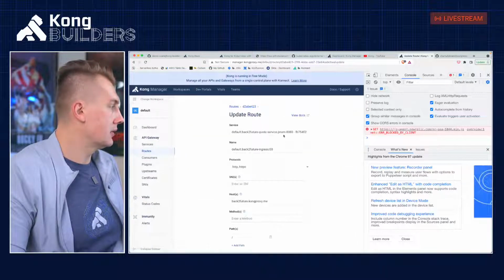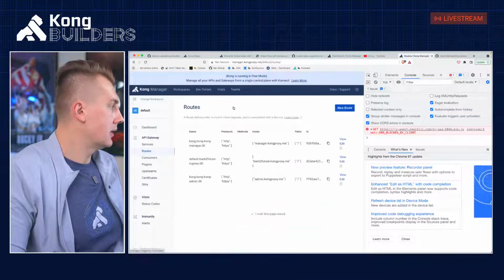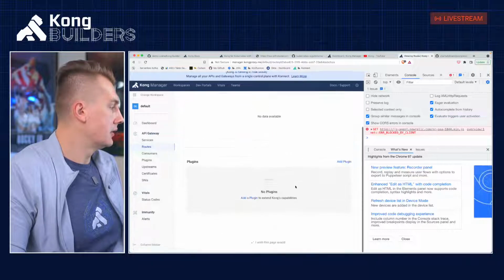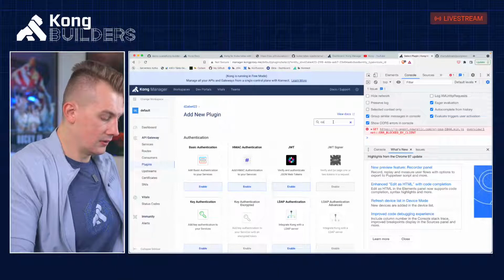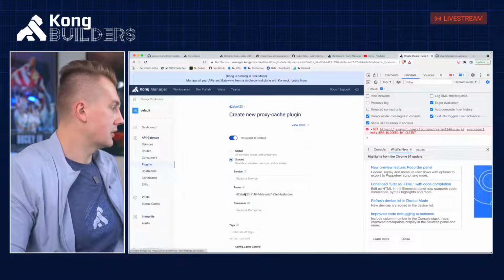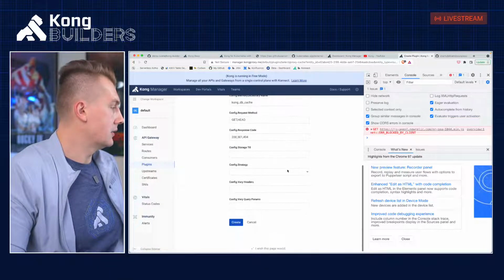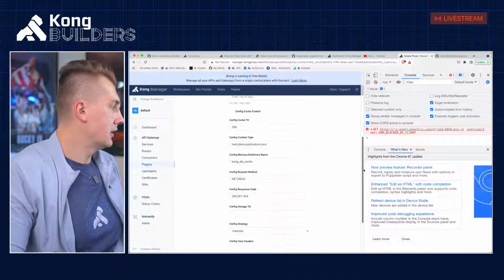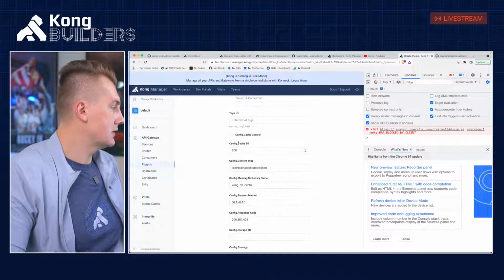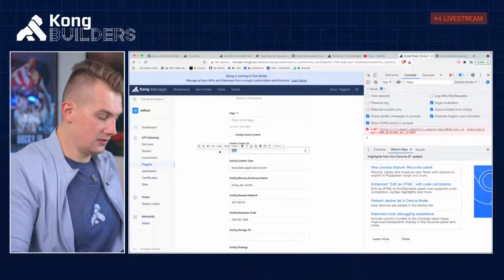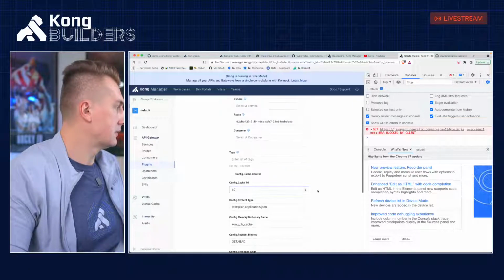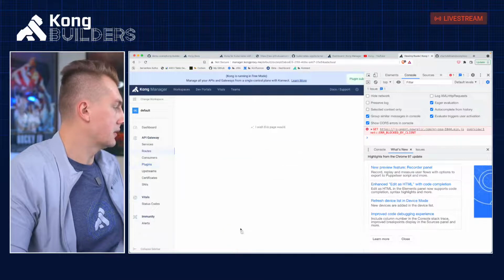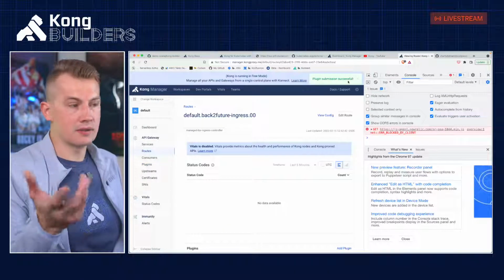I'm going here, routes, view, add plugin. Let's see, caching, proxy caching. I enable this. I want to use strategy in memory and cache TTL seconds, 60 seconds. Should not be super aggressive. And click create. So the plugin was configured successfully.